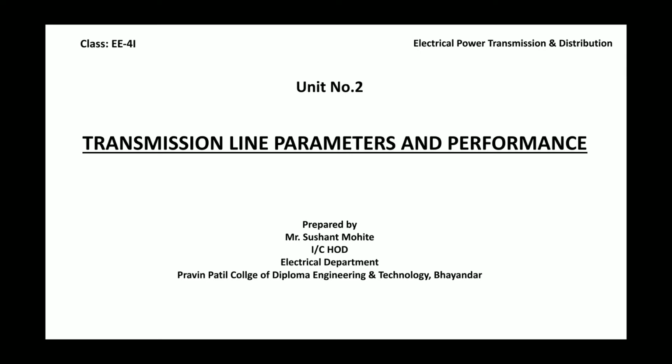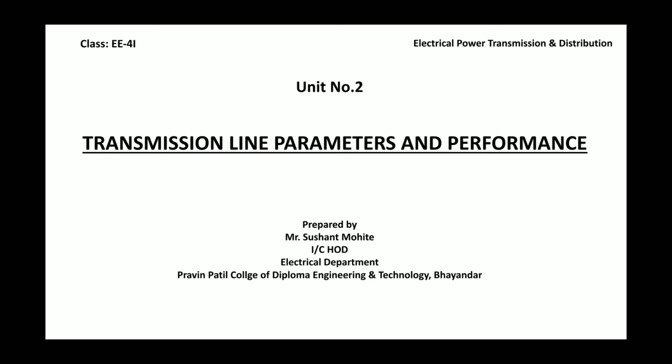First, resistors are made up of metals, and hence the resistance of conductors R is equal to rho L upon A. The next is inductance. The line conductors carry alternating current. The alternating current produces alternating flux. This flux links with the conductor and produces self-induced EMF which opposes the voltage. The property which opposes change of current is called the inductance. Opposition created due to inductance is known as the inductive reactance, that is XL.